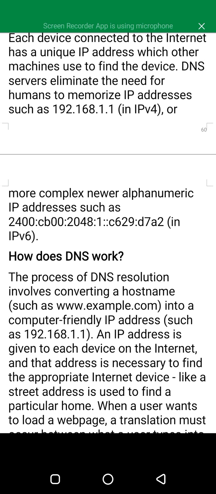An IP address is given to each device on the internet, and that address is necessary to find the appropriate internet device, like a street address is used to find a particular home. The way we use street addresses to find a particular shop or location of a home, the same way we use an IP address to find a particular computer on the internet.